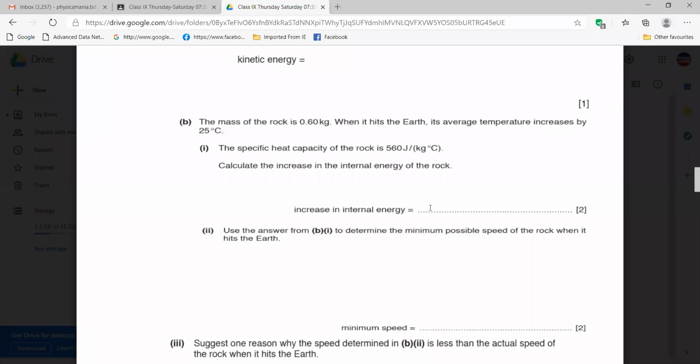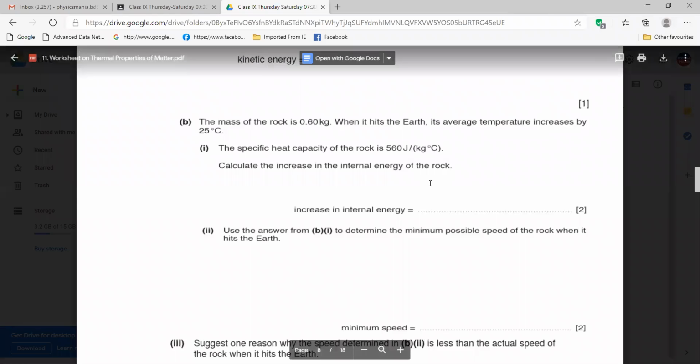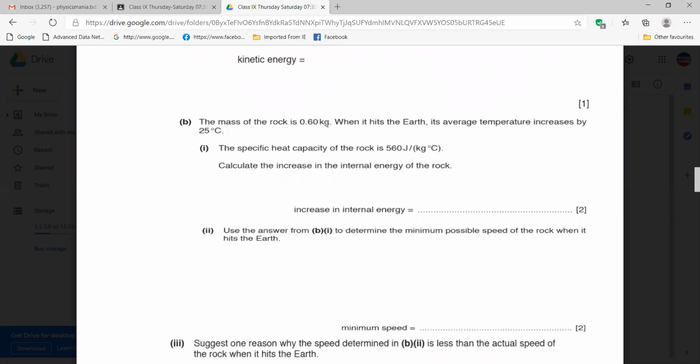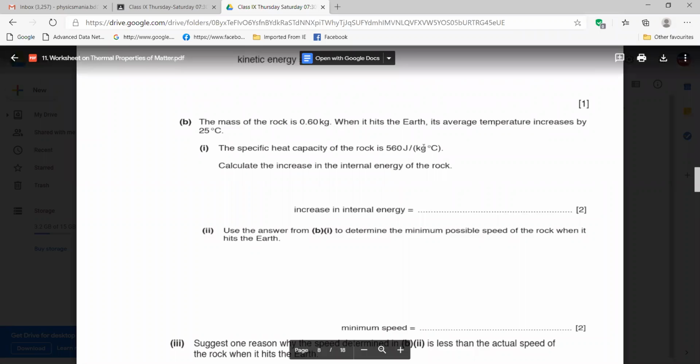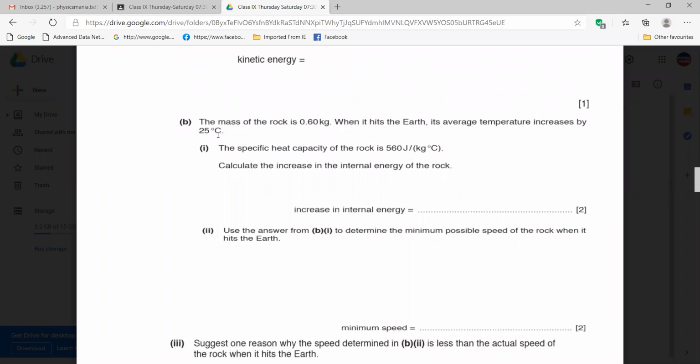Energy you will get in joule because kilogram will be cut. You see, when you multiply mc del theta, m is kg on the upper side and the lower side is kg, so kg will cut. Then degree Celsius on the upper side and this degree Celsius on the lower side will also cut. You know about numerator and denominator, right? All will be cut. Only joules will be left. So the answer is joules, and energy is always joule. You know it, right?